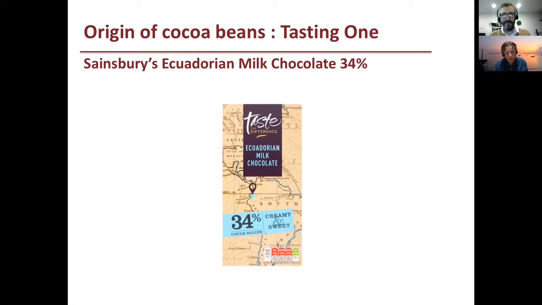So I'm going to open up my pack now. Taking out my first square and showing considerable restraint. I'm just going to break a little bit off, and I'm going to let it melt in my mouth.